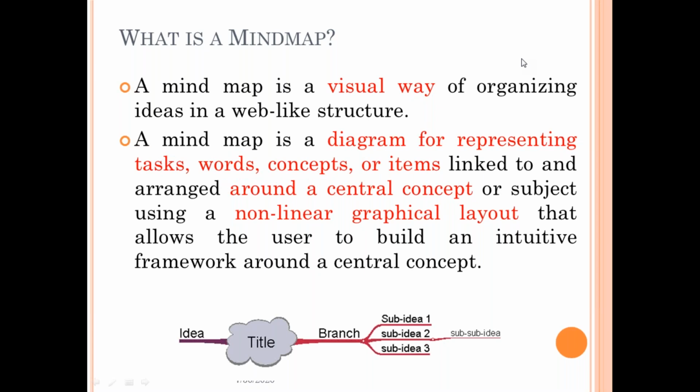A mind map is a diagram wherein you take a central concept or subject and find all the related words, concepts and items, and build them around the central concept, so that the visual looks like a non-linear graphical layout.